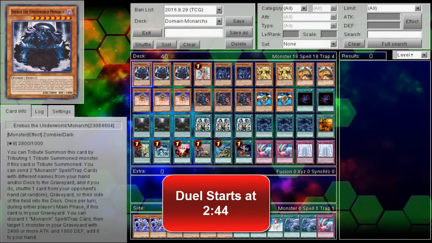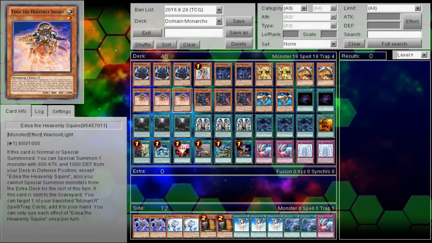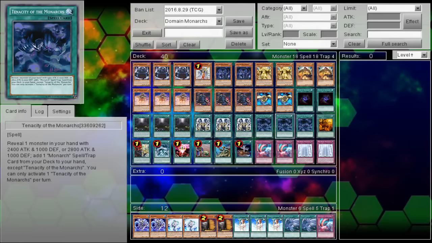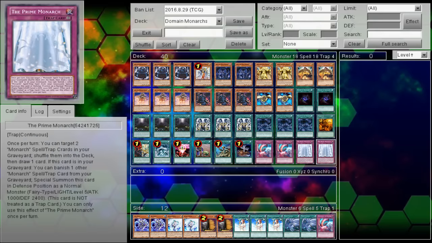This video is going to be another YGOpro Duel video in Ranked, and this time I'm going to be playing with some Domain Monarchs post the August 29th, 2016 ban list changes. Basically, trying to play this deck and see if it's actually fairly decent after it's quote-unquote slaughtered on the ban list. It's pretty much universally accepted that Monarchs got the worst hits on the Forbidden Limited list